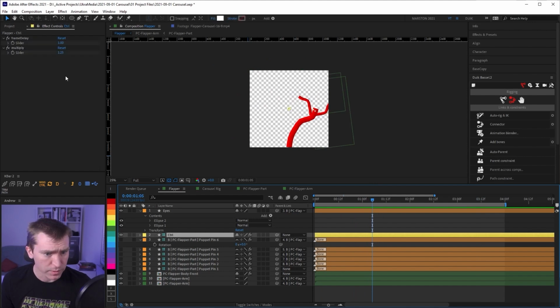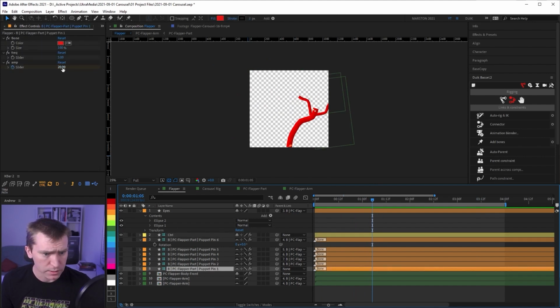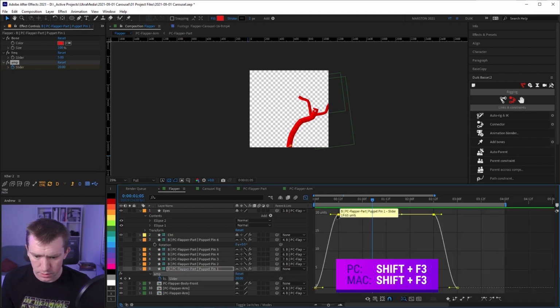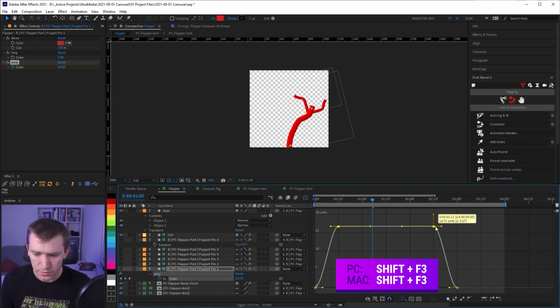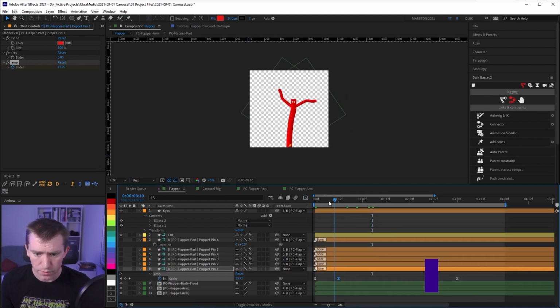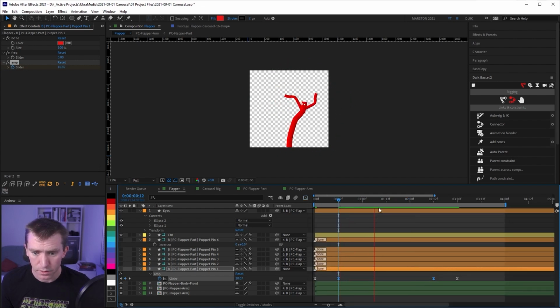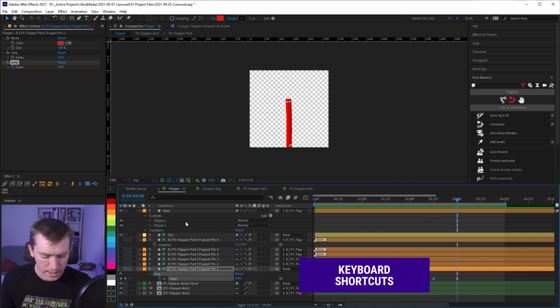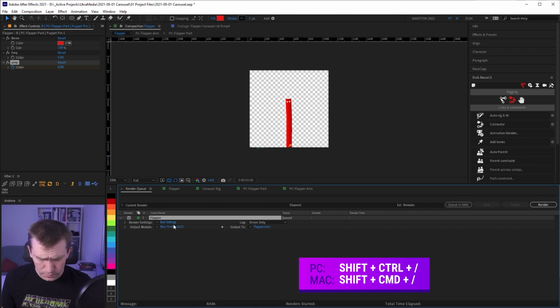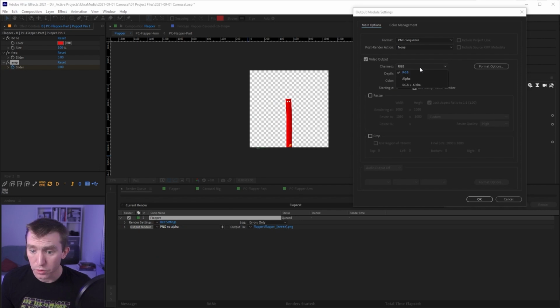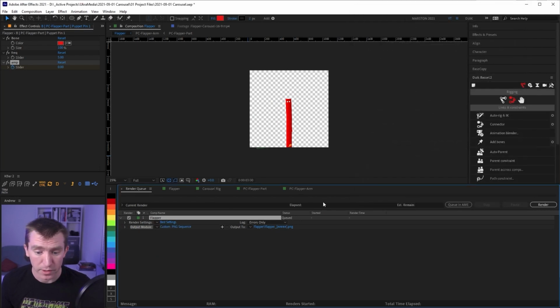Okay, we wiggle a little bit too much there, so here, instead of 20, I'm going to change these values. Hit Shift F3 to enter the graph editor. I'm going to select both those keyframes, move them down. Good, now it won't go off the edge. Okay, like so. Cool. And Shift Control /, and then we're going to export a sequence of transparent PNGs,